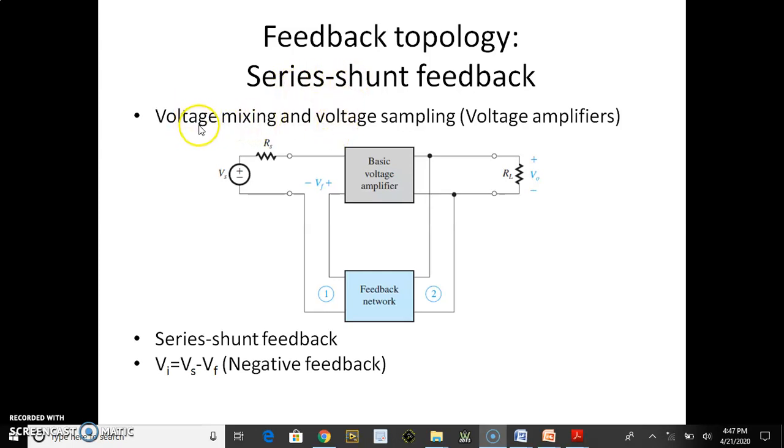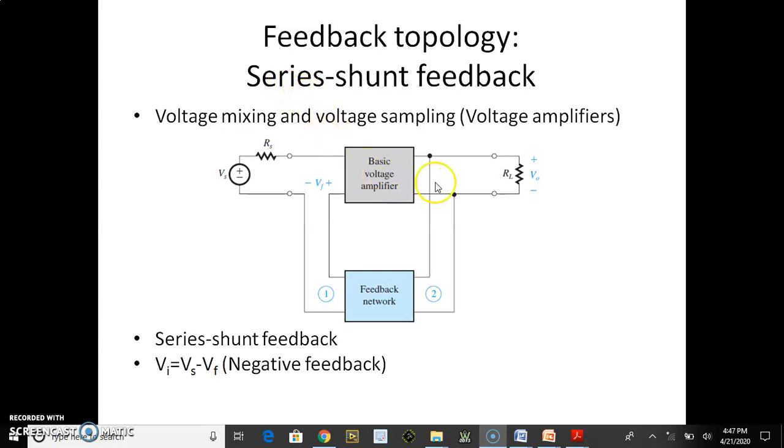You can see this phenomenon is voltage mixing and voltage sampling. So we have an amplifier. Here the voltage is being mixed with the existing input voltage, and what you are sampling is also a voltage. Because what you are adding is voltage, what you are sampling is also voltage, meaning the input is voltage, the output is also voltage. Naturally this has to be applied for basic voltage amplifiers. All voltage amplifiers have to have this type of